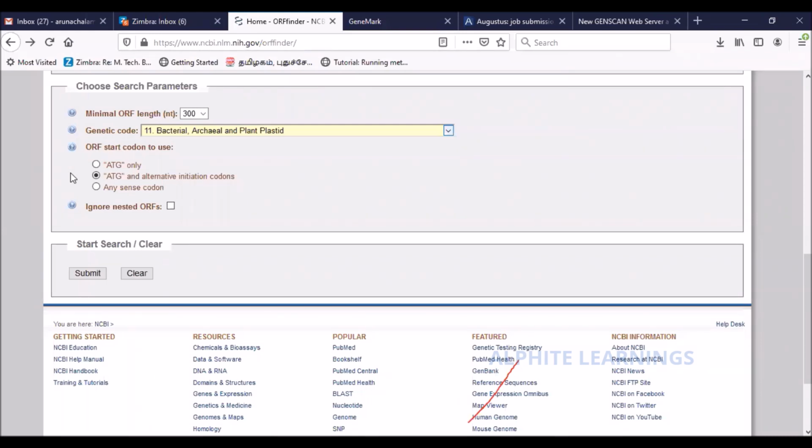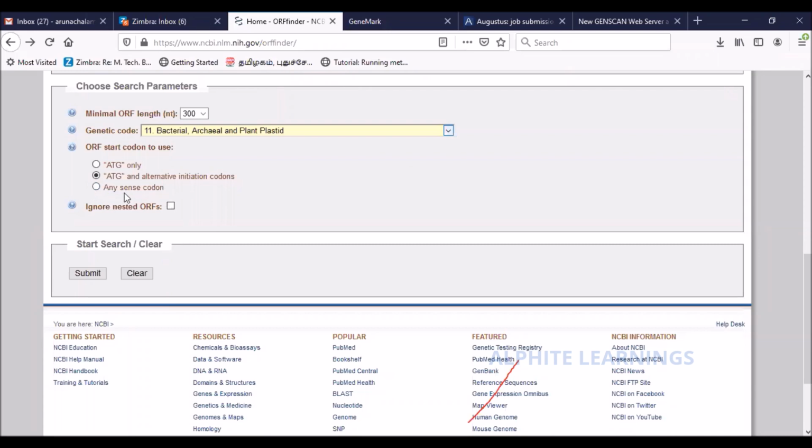Rarely, sometimes there will be other starting codons as well, right? So that can be given here. And if you say this is domain specific, all right, any kind of sense codon, I consider that as a starting codon. If I select that option, that could also be selected.